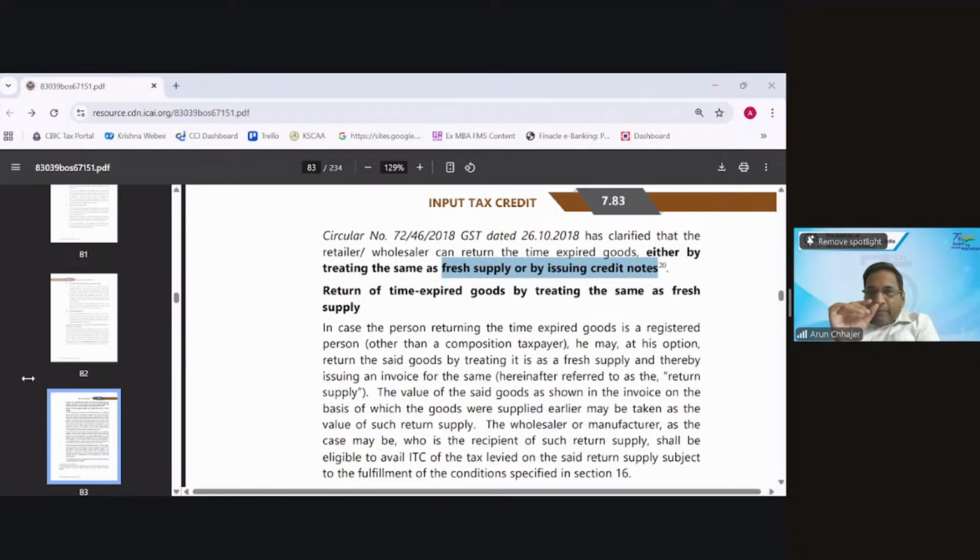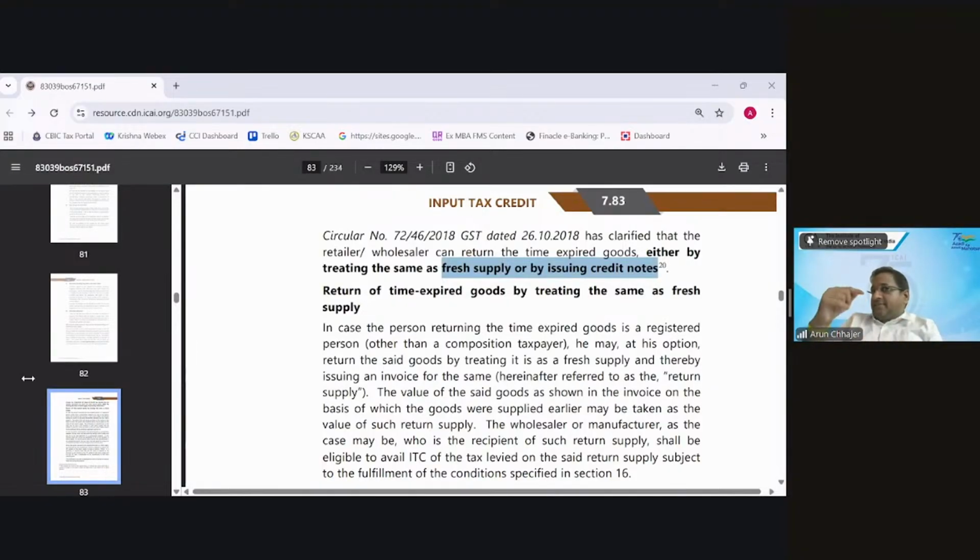Credit note can be issued. No, wrong word. Always use the word credit note can be declared. Section 34 subsection 2, use the word declare. Therefore, a credit note can be declared by 30th November following the end of the financial year, or annual return, whichever is earlier. Same timeline which we have talked about, the time limit for taking ITC.